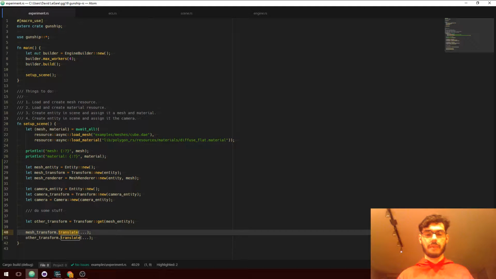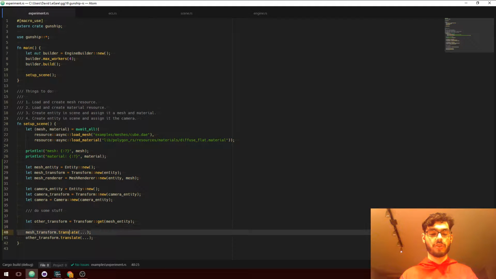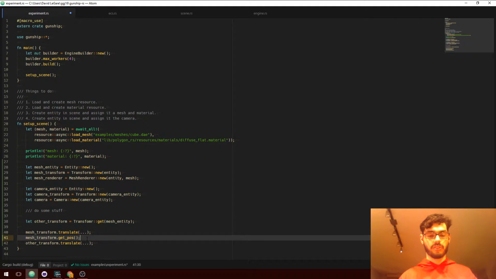It's something. Maybe that would work in the long run, maybe not. The problem again came down to ergonomics. It wasn't clear. You tell it to translate, and then tell it to translate, and then do mesh transform get pose, and it's not what you would have expected after this. Like the translation doesn't get applied immediately, or something. It became a hazard, and it was also a ton of boilerplate code to write inside the engine. Anytime you wanted to add a new component, there was a ton of boilerplate to be added. Not really ideal.